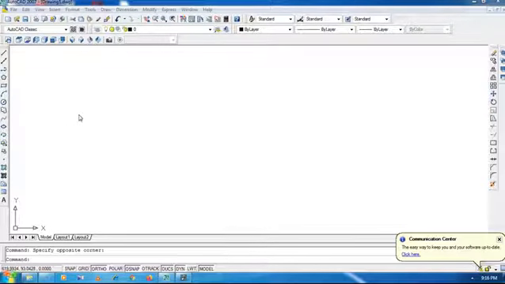We have discussed the file command, edit command, view command, and the command line, and then these basic commands, which are very important and useful every time, like snap command, grid, ortho, polar, osnap, then dynamic input. All these commands we have learned.